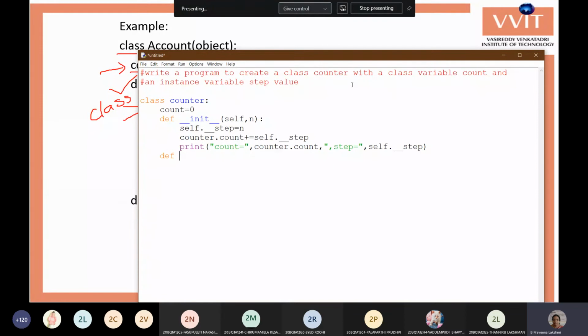I will write a destructor. It's not compulsory to have the destructor. Object for the counter: c1 equals counter of the value.